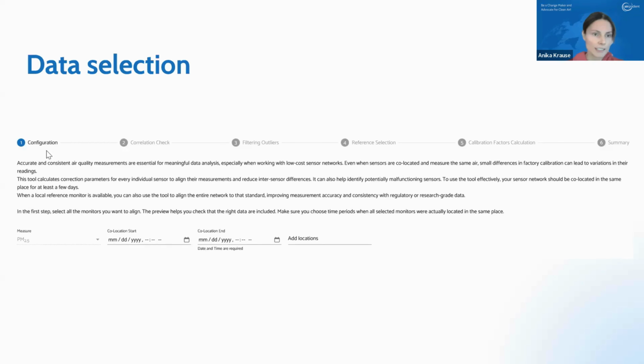How does it work? Again, you select the data. You select the data period where all the sensors were placed together, and you can add all the locations. What do we mean by locations? Basically the sensor names, of all the sensors that were involved in this co-location, all the sensors that were placed together.